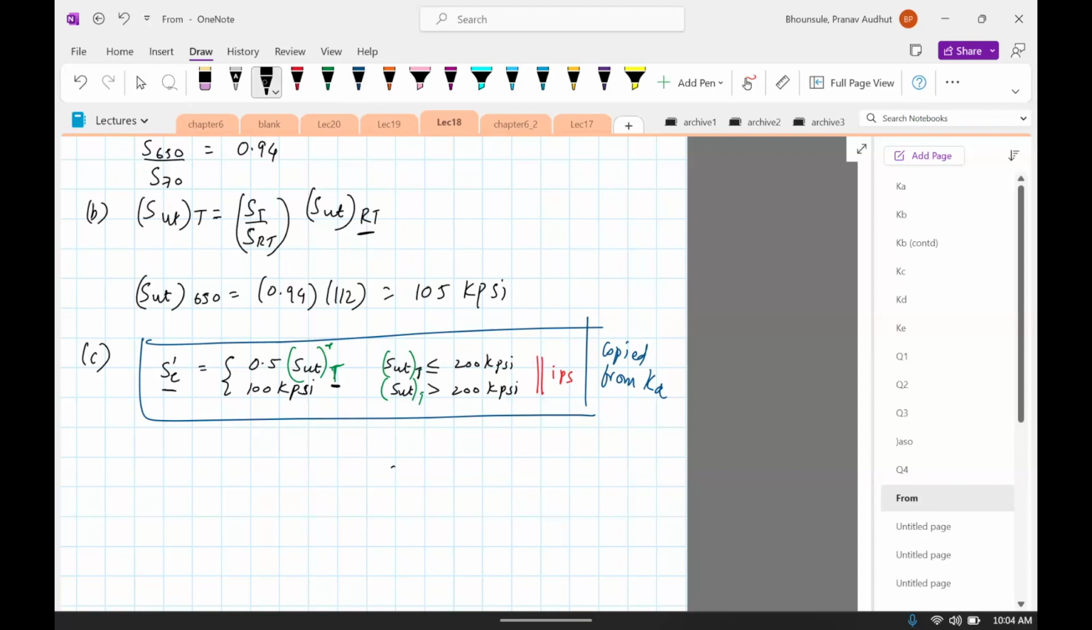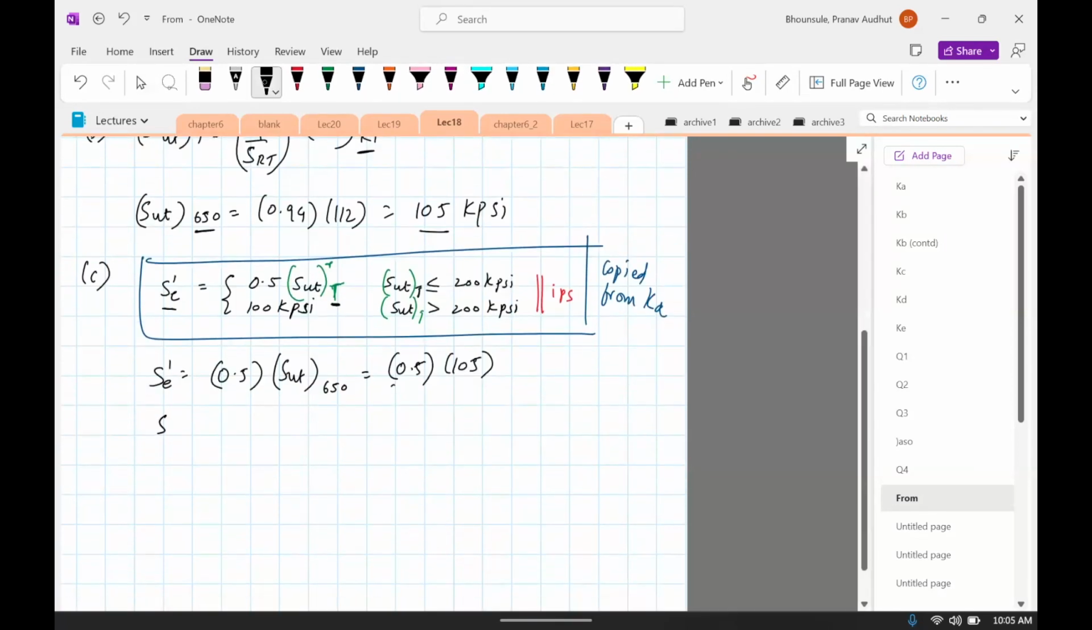Okay, so SE prime is going to be, well, it depends on what SUT at 650 is. It's basically 105 kpsi, which is less than 200 kpsi. So we need to use 0.5 times SUT at 650. So 0.5 times 105. And so SE prime is 52.5